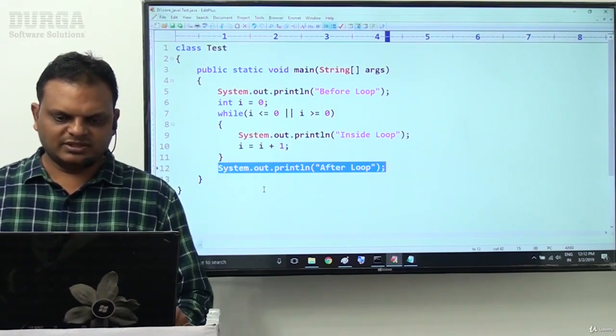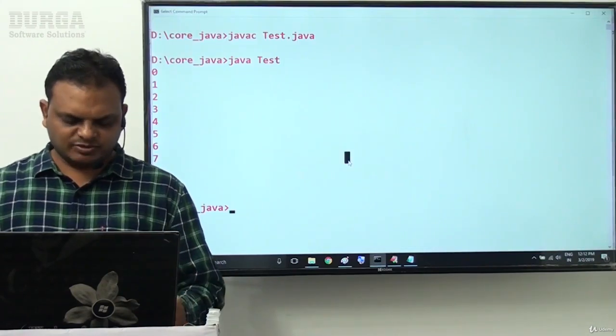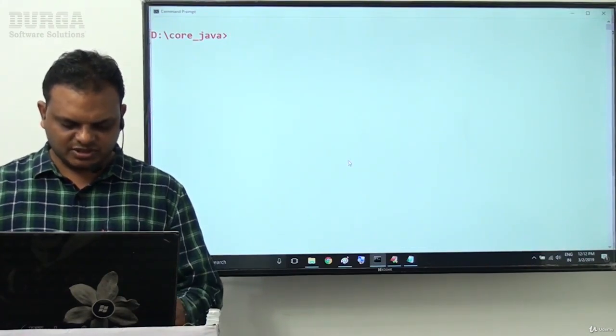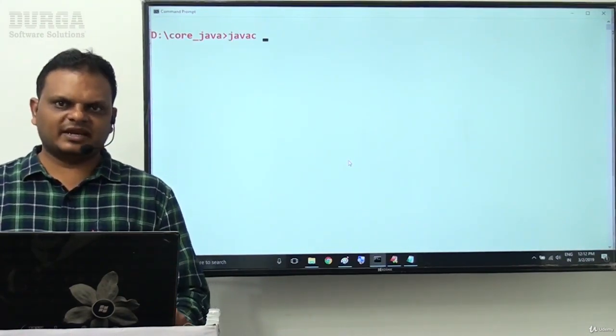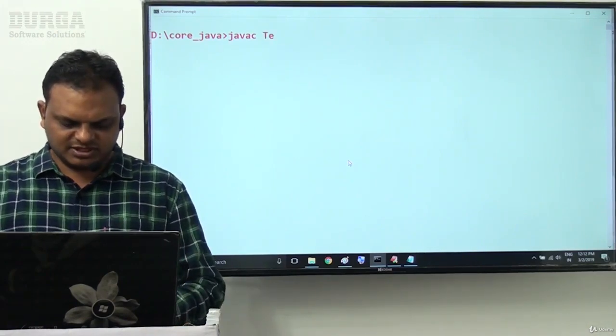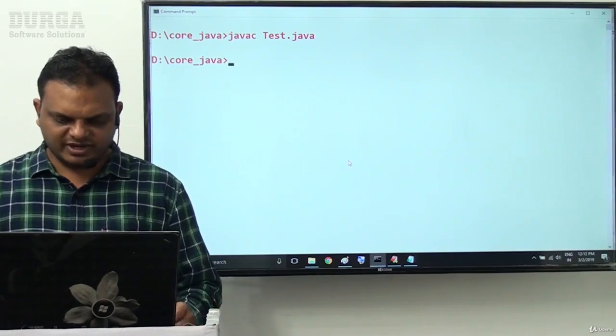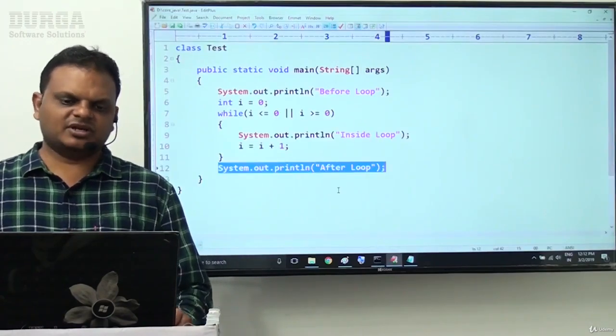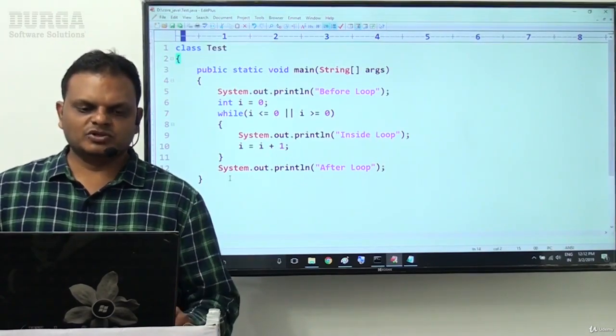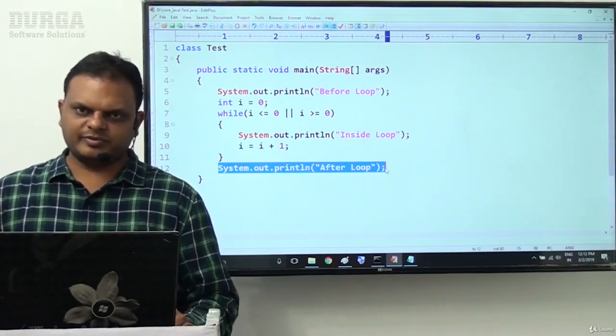No? Now let us check this. Anyway, conditional expression is optional, that we have seen in the previous case. Now I want to check whether the unreachable statement error is coming or not. javac Tester.java. No compilation error we are getting. Why, sir? Why are we not getting a compilation error now? Same reason. So this statement is called an unreachable statement.